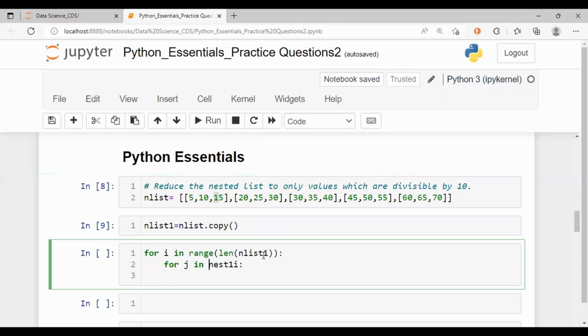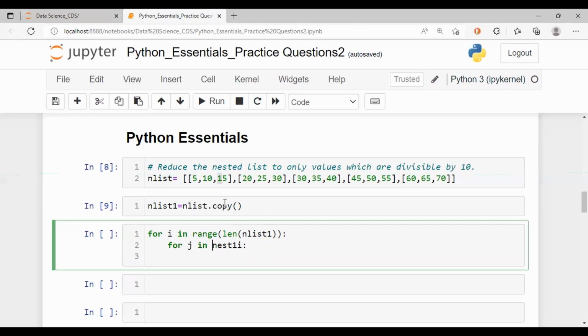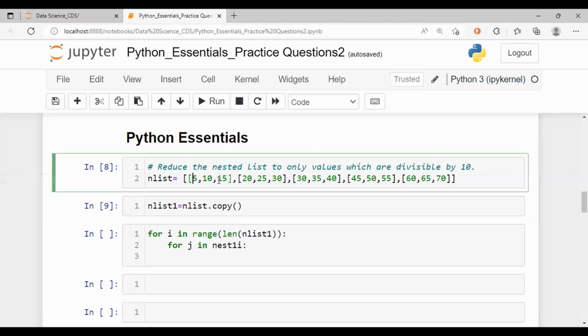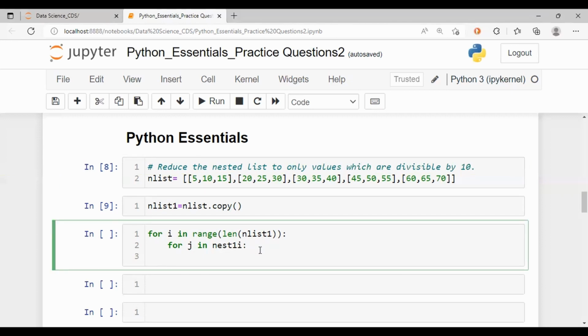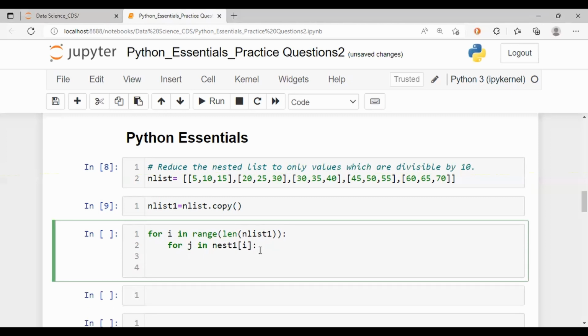We're picking i as 0, and for j in n list 1 i. Okay, for j in each of these lists,